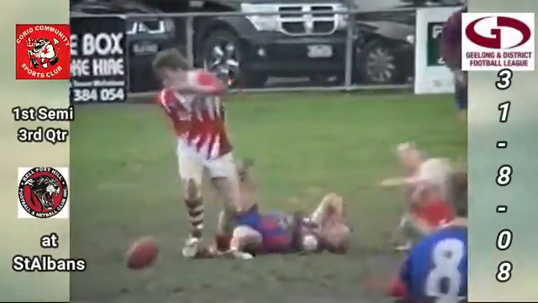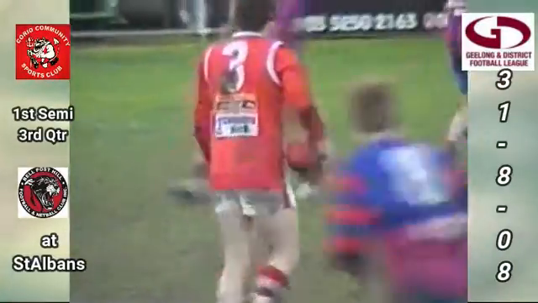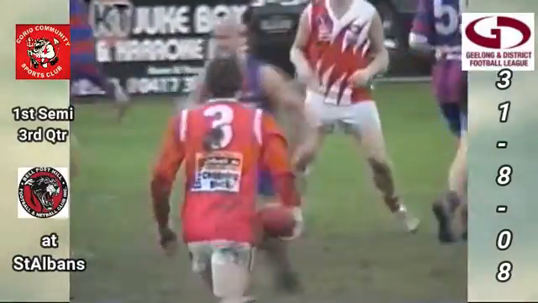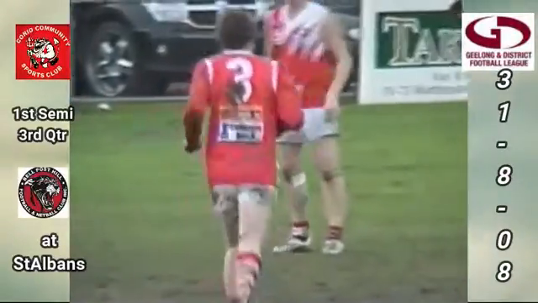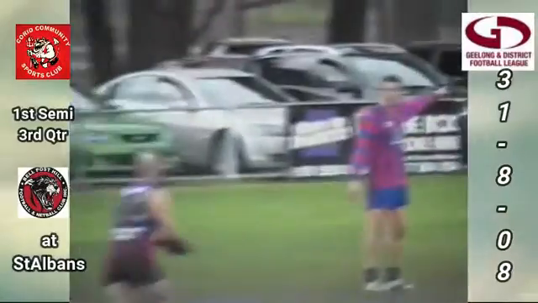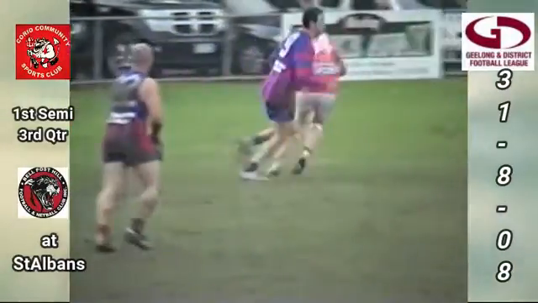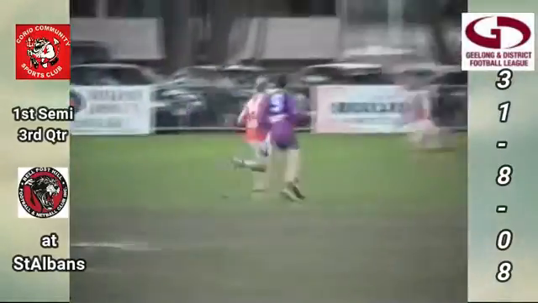So comes in. Anderson over the top. That's got to be a free kick to Nathan Lewis. And Nathan Lewis will go back on the half-forward line, get that resulting free kick. So Nathan Lewis from outside 50 has players leading from the square, ignores that, now goes to the pocket.